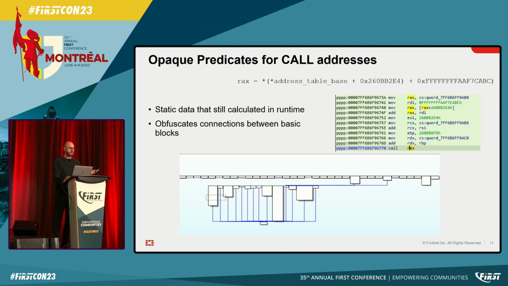When we talk about the call address obfuscation, the result is that there are no cross-references in the binary. So when you're looking around in IDA Pro or other disassemblers, you can't just go back and forth between functions, because there are not going to be cross-references from function calls to the actual function that is being called. You need to recover that in some way, which I'm also going to talk about.